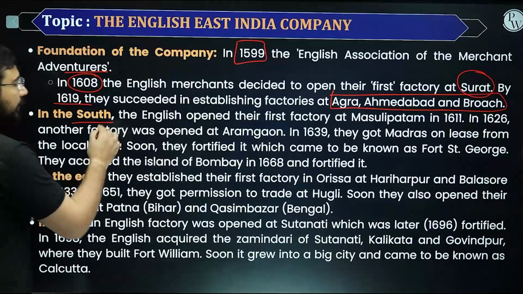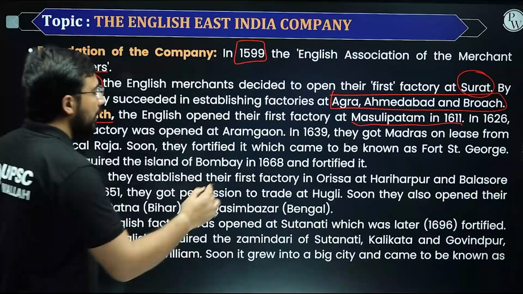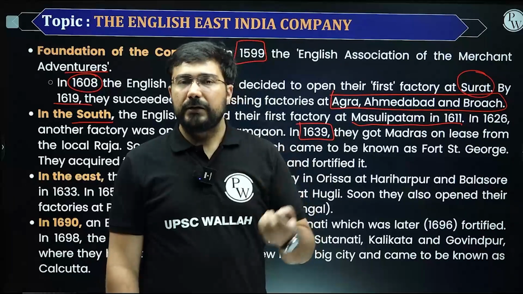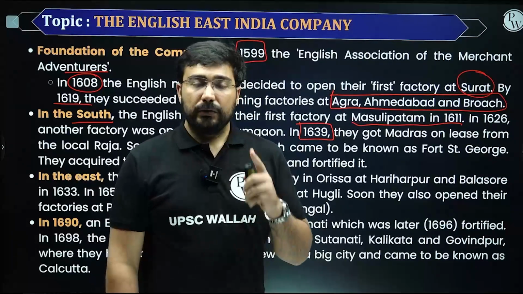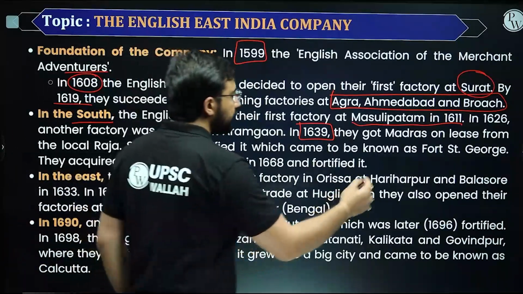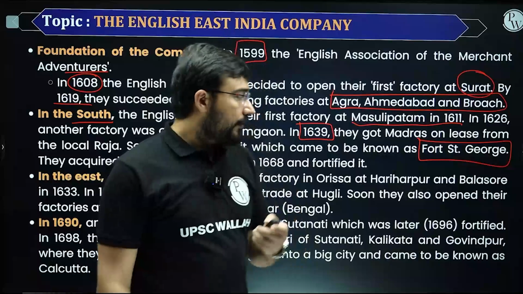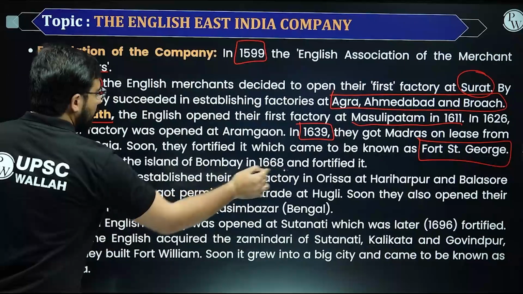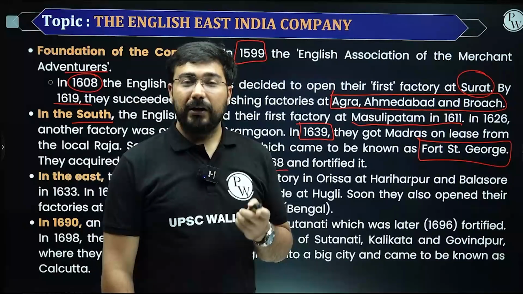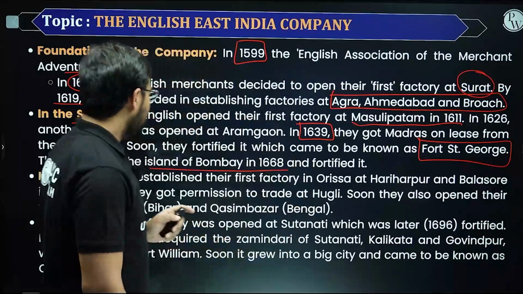Like if you see in the south, first they went to Masulipatnam in 1611, and later on they got the lease of Madras, very important, in 1639, from a local Raja who had previously served the Vijayanagar Empire. The first major province, Madras, was now ready by 1639, and they created Fort St. George at this place. Later on, as we were discussing, the Portuguese gave them the island of Bombay. It was given to their king, Charles II, and Charles II gave it to the East India Company for an annual rental of hardly 10 pounds. So for 10 pounds, they got Bombay for a year. Right? That was the rental they were paying.